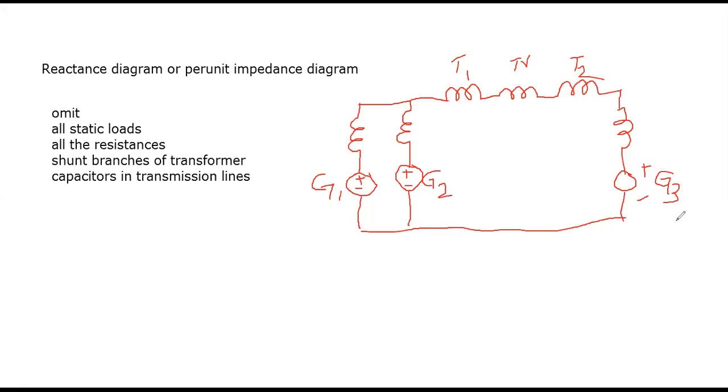And one more thing. I have considered one single line diagram, and for that diagram only I have obtained the impedance diagram and the reactance diagram. But I am not insisting that you take the same example. You need to consider your own example. Take the textbook, you will have a lot of problems, and consider any single line diagram, and that can be used for obtaining the impedance diagram as well as the reactance diagram. Okay. Clear? So this is about the reactance diagram and per unit impedance diagram.